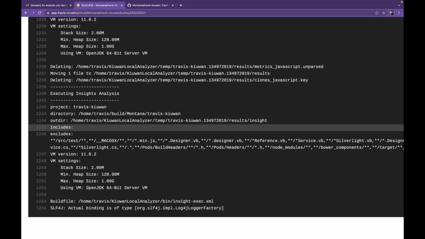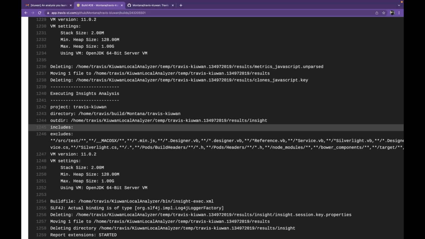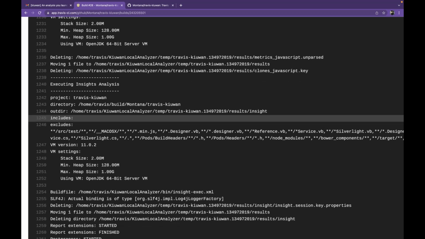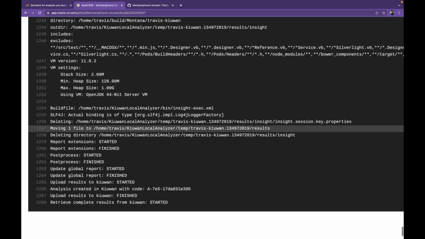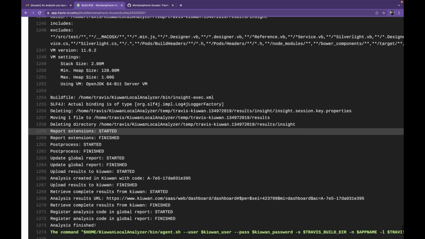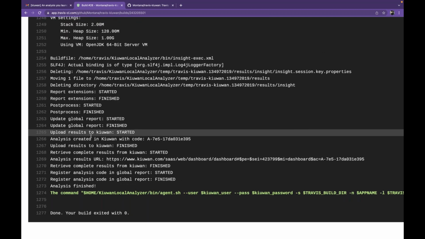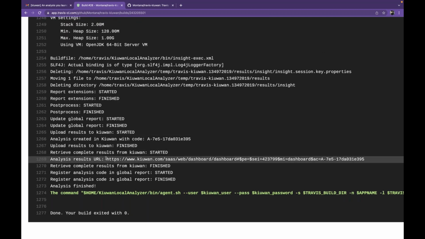And actually, one thing else to note, the distro that I'm currently using is Focal. I have also had success with Trusty, which is a little weird. But that being said, you should be using Focal. And here we go, just to finish it off. So we have the post process started, post processes finished, and it's obviously telling me now it's going to retrieve the result, and hopefully I should see an email in my inbox.